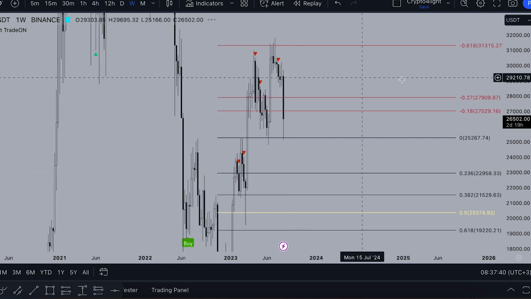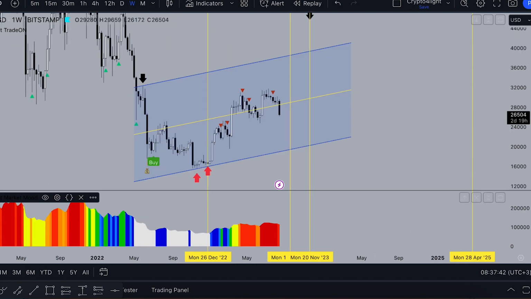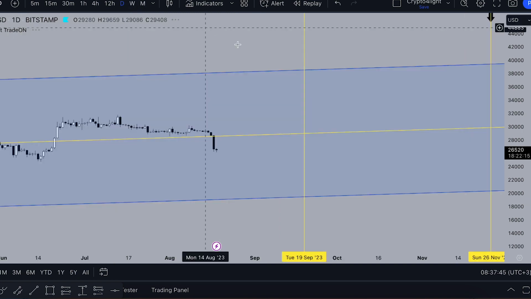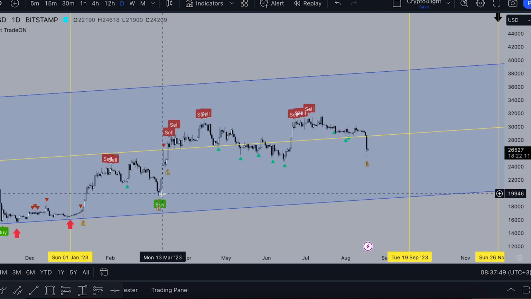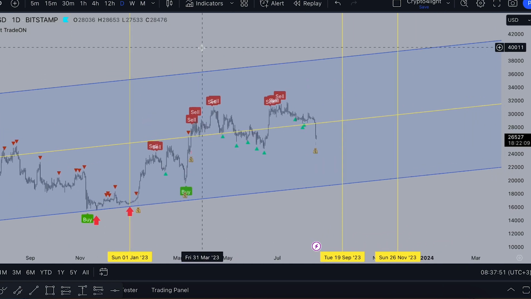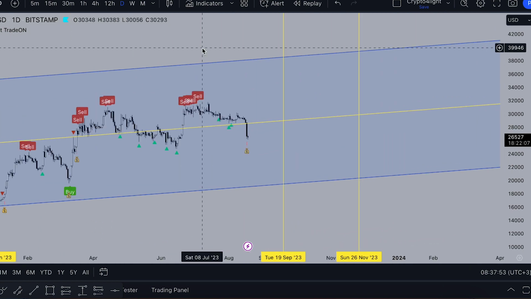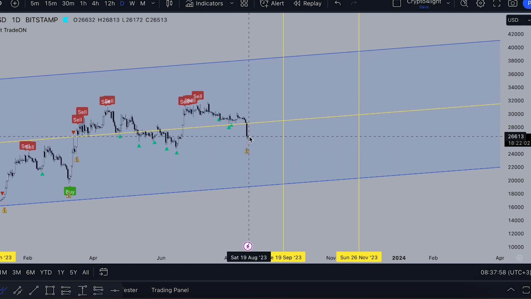So on the weekly, nothing. On Bitstamp, the same story. Sell, money back, no signal to buy, like here on the daily. That's why it's kind of weird, you know. Maybe on Monday or something we will see a new signal to buy, but if not, we can see